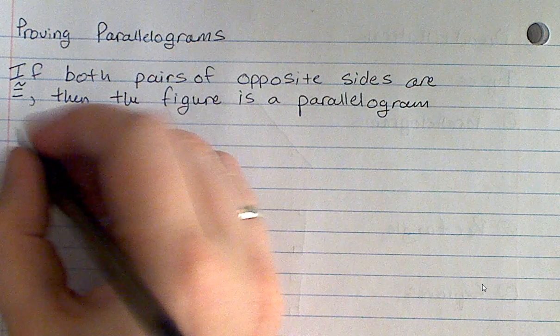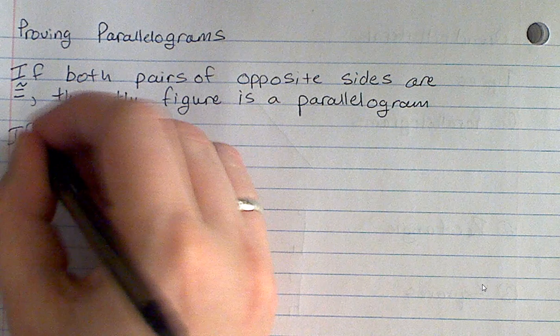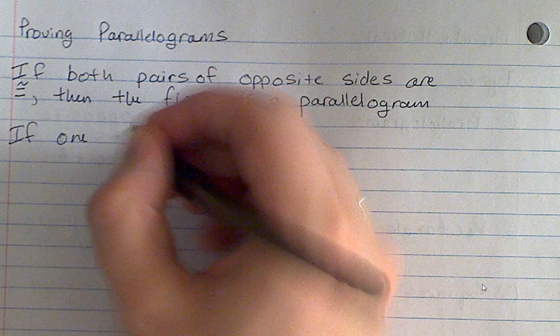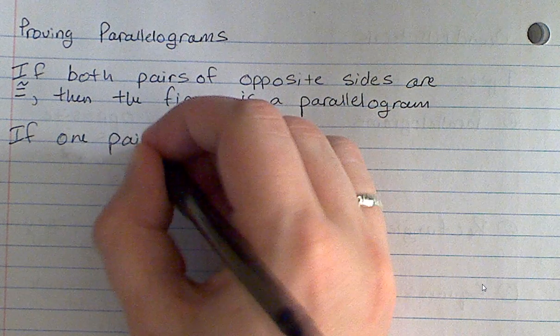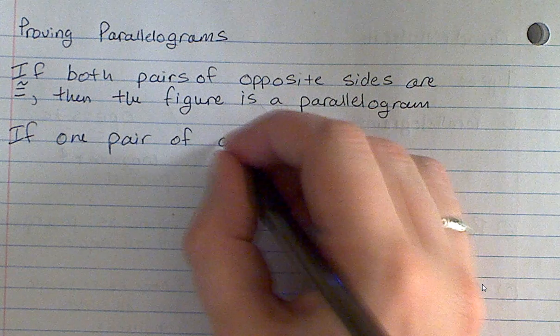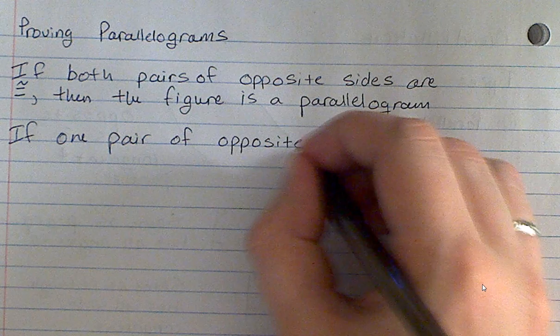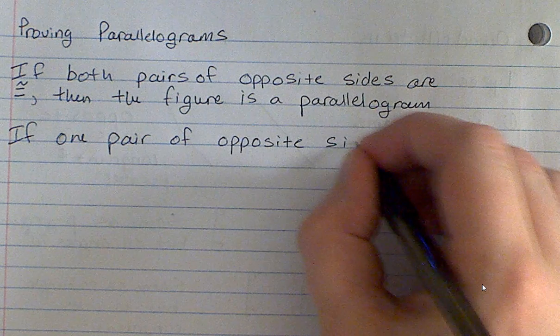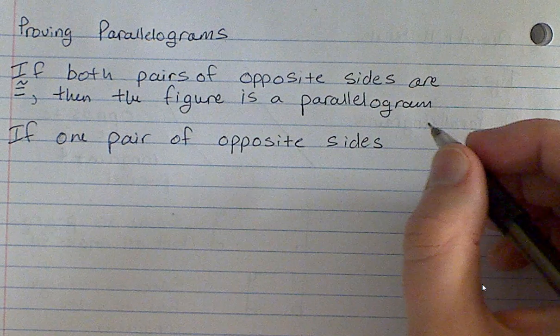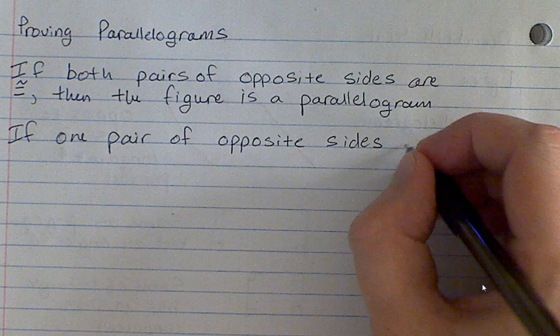The next is that if one pair of opposite sides, Kyle, Abel, shush. If one pair of opposite sides are parallel and congruent,